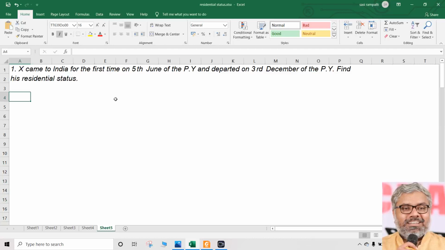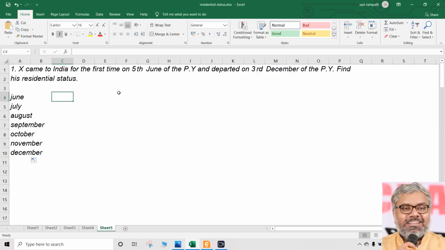Second fact which is to be noted is the number of days of stay. That is the most important fact in all cases. So when we talk about the arrival, the day of arrival is 5th June. When the day of arrival is 5th June, how many days he would have stayed in June, that we should know. And then July and so on, up to August, September, October, November, December. Actually, you have to do this on paper, normally speaking. So these are the months where this person X has stayed in India. But how many days he stayed in each of these months, that we should calculate carefully.